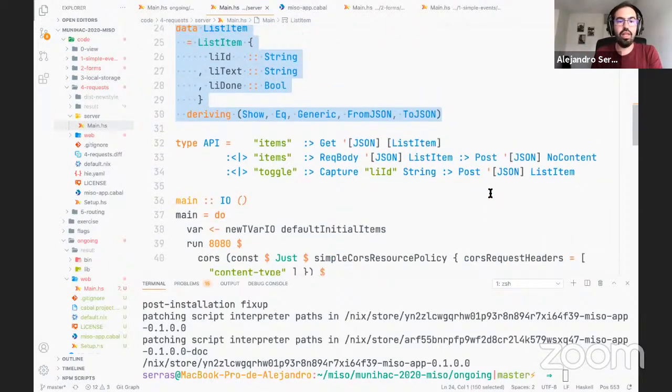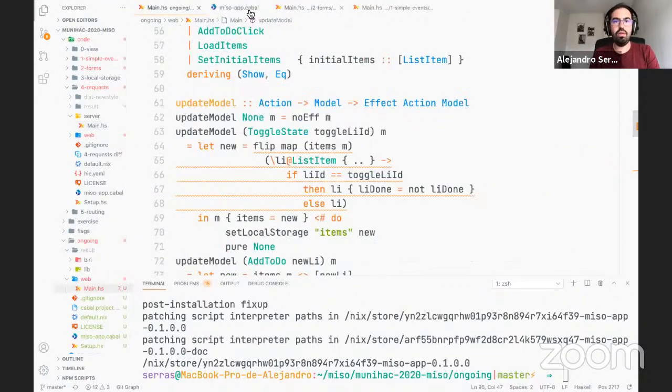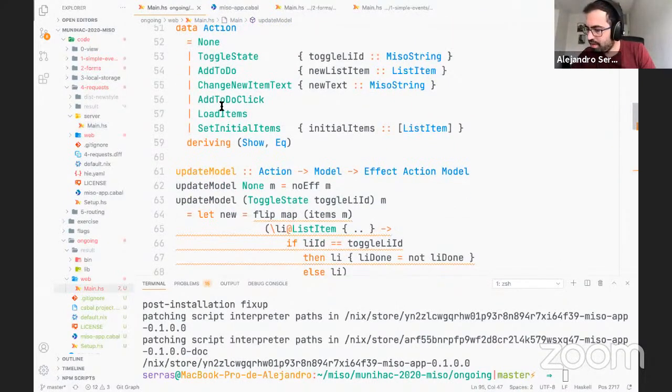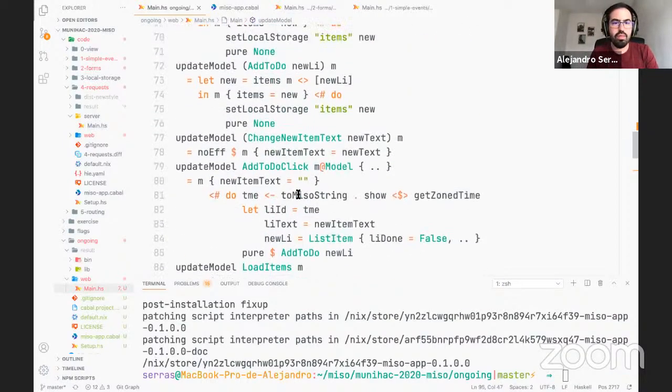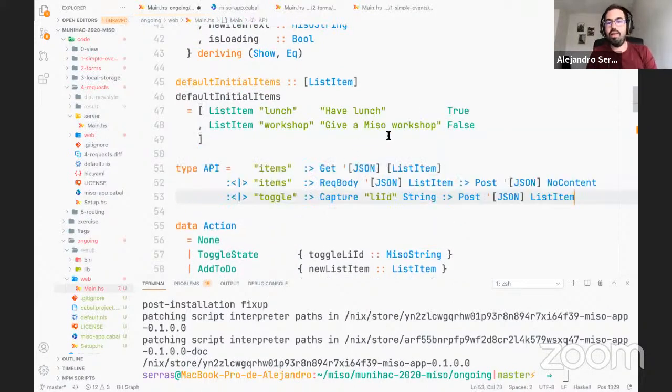So that's the thing. Why this is interesting is because the same type, which works as the API for a server, could also work as the API for a client. So I'm just going to copy this API somewhere here. Let me remember where I had this. Yeah, so somewhere here. So, important, I have my API here,